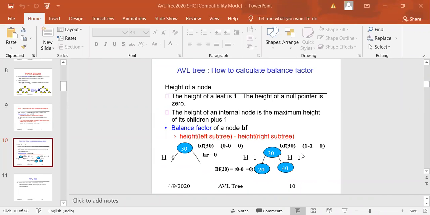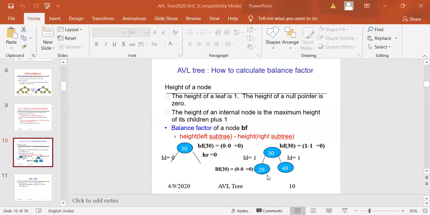And if you come to the second tree, the balance factor of 30 is 1 minus 1, 0. How does it come? Because the height of 20 is 1, but at 30 the height of the left subtree and the height of the right subtree is 1, because 0 plus 1 is 1, 0 plus 1 is 1. This is clear. So this is just to understand how to calculate the balance factor for any node when it is given.